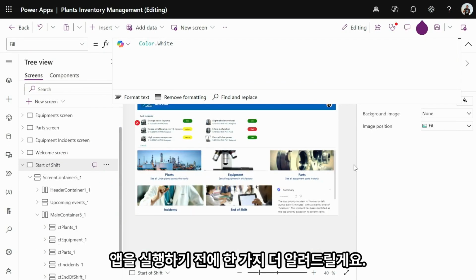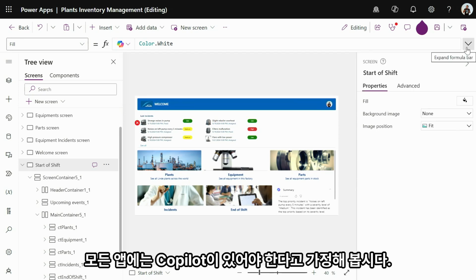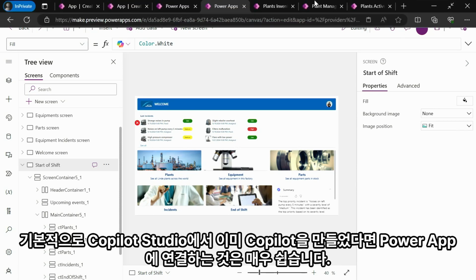So, one more thing before we move on and run the app. Let's say that you want to have a Copilot in this app, because every app deserves a Copilot, right? Basically, if you have a Copilot in Copilot Studio already created, it's super easy to connect it to your Power App. You come to the settings of the app,